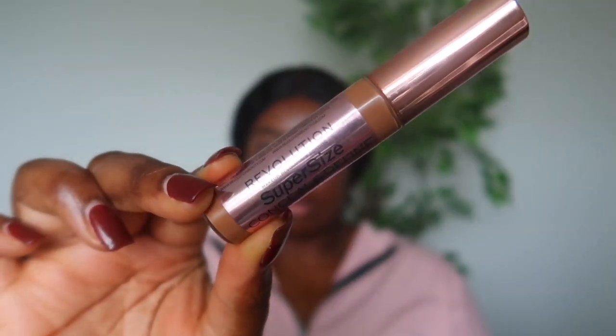The concealer I'm using today is the Makeup Revolution Conceal and Define Supersize in the shade C13. I'm just applying that underneath my eyes, on the bridge of my nose, and around my mouth. I do not highlight my forehead anymore or my chin because I feel like it doesn't really make a difference on my face and it's just unnecessary for me. It depends on your face. If you feel like you want to highlight your forehead, you can do that, but just for me,